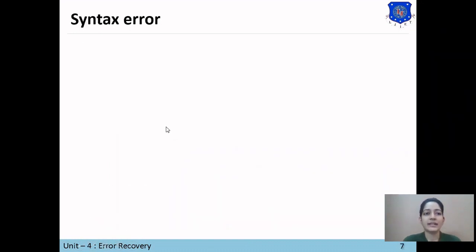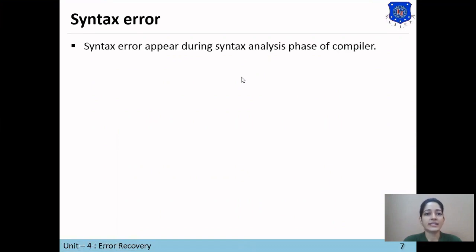Now, next, syntax error. Syntax error can be detected during the syntax analysis phase of the compiler. When the parser demands tokens from the lexical analyzer, the lexical analyzer gives that token to syntax analysis. If there is any grammatical error in those tokens, then a syntax error gets raised.